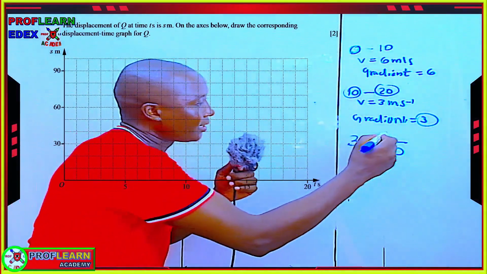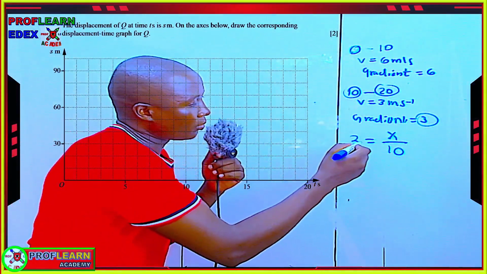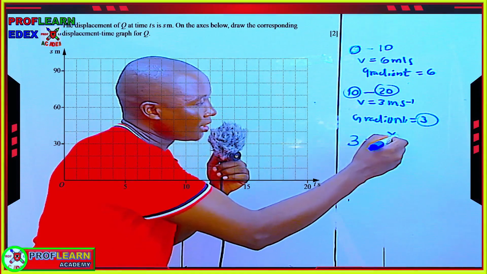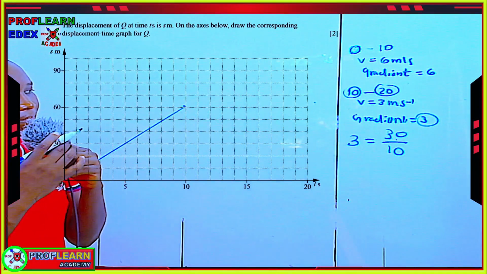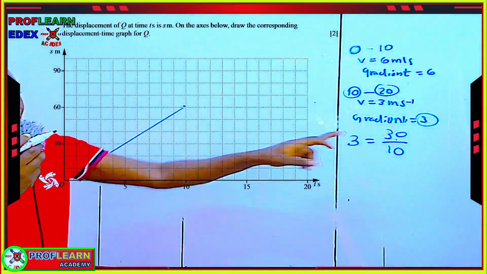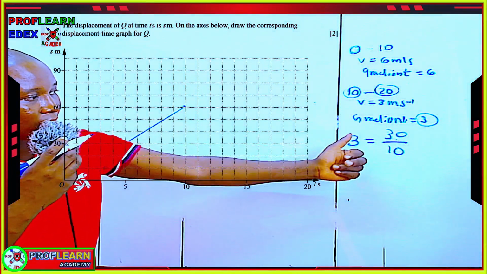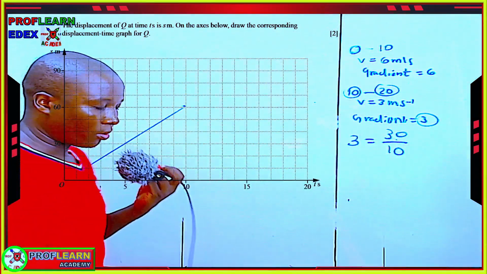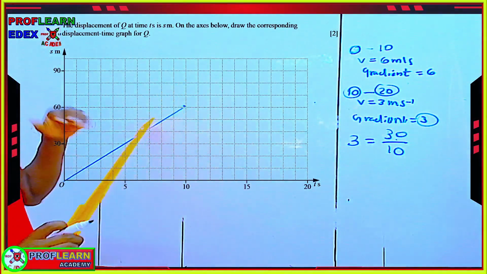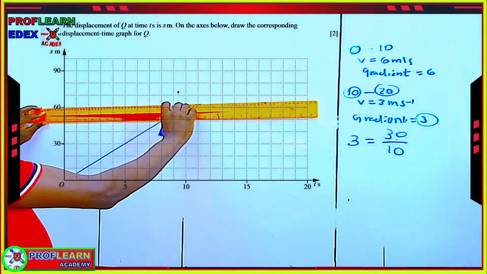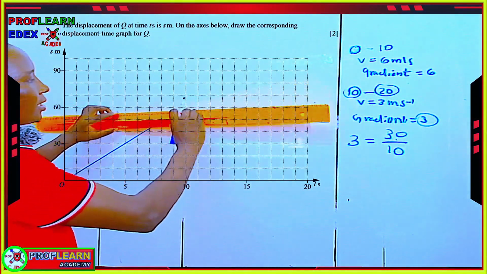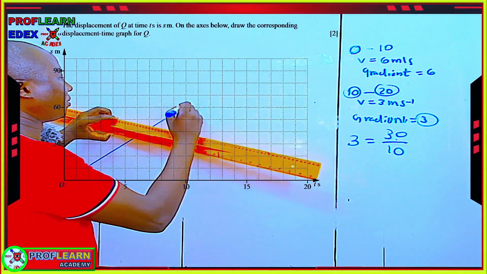But what should this value be first so that we can have a gradient of 3? This value must be 30. 30 over 10 will give us 3. But already at this point here, it means that we must move 30 up,